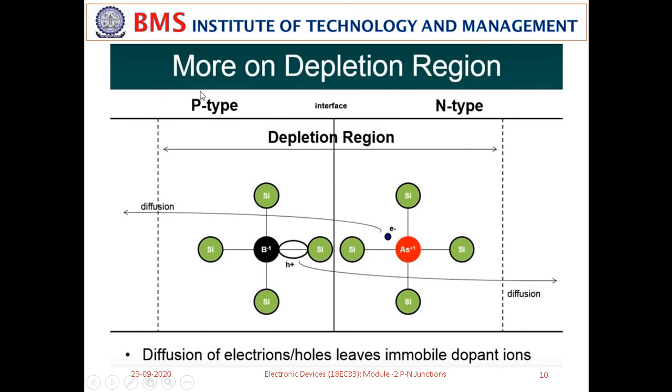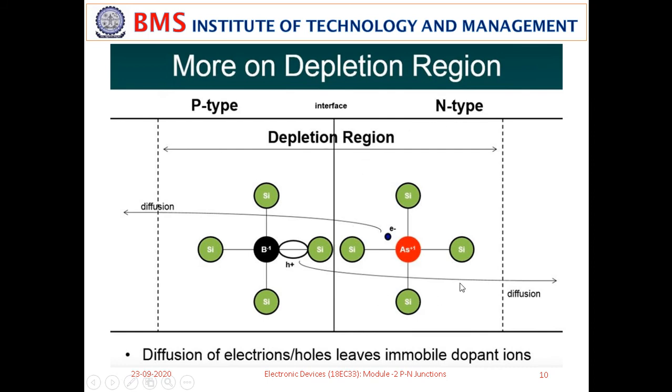Look at this. This is one side you are seeing here, the p type semiconductor material. This is an interface which is separating both the p type and the n type semiconductor material. Here we have shown a few atoms in the crystal lattice of this entire material, which is silicon, of course. There can be even different p-n junctions also. One side p type can be silicon and n type can be even germanium. But here we consider a silicon p-n junction where both p type and n type materials are silicon.